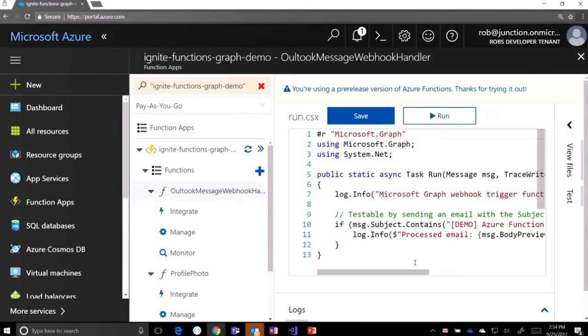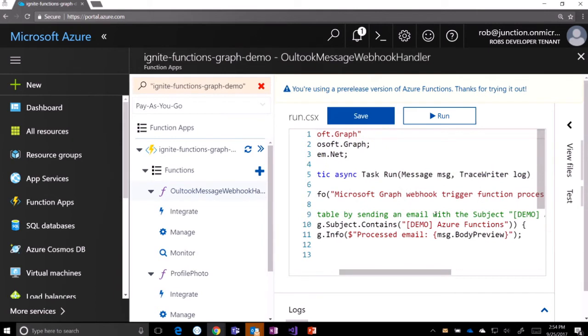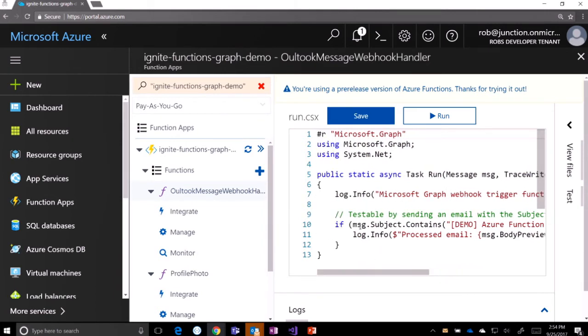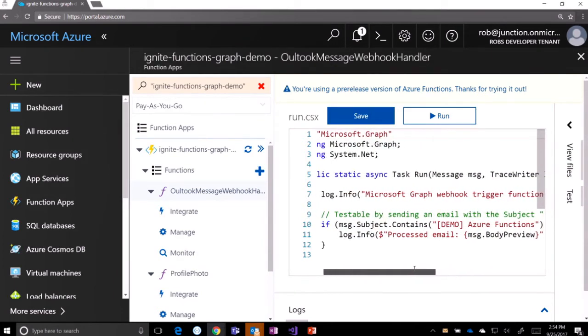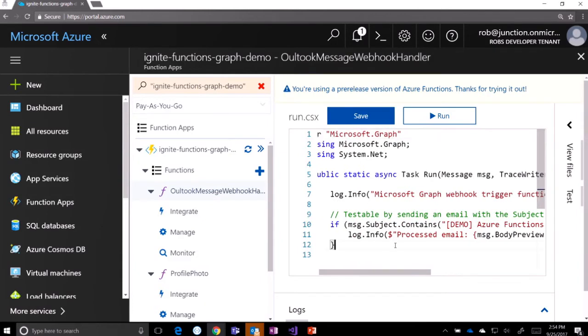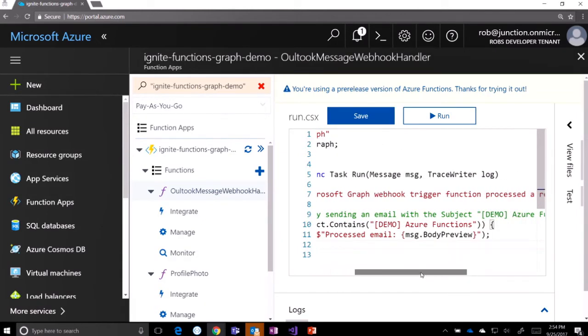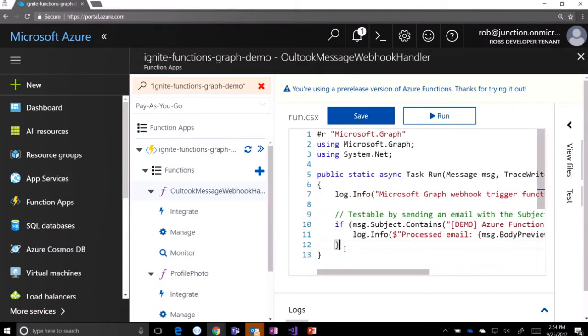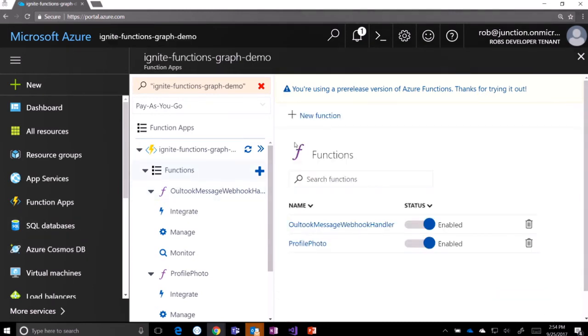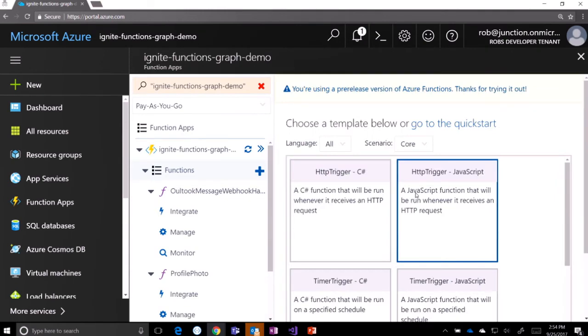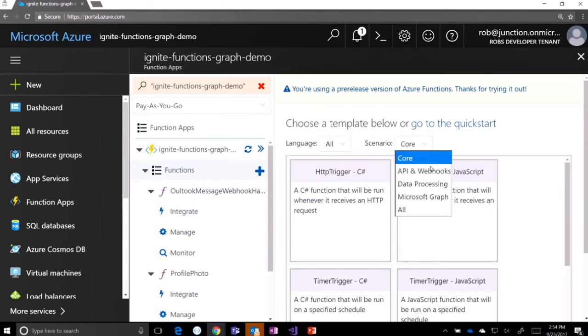If I go back to the code, all it's going to do is log that it was triggered, check the message subject, and if it matches, log a second item that has the message body preview. So this is what gets called when the webhook gets called. We have to have a second function because we actually need to register for that webhook. So if I go back to create another one,